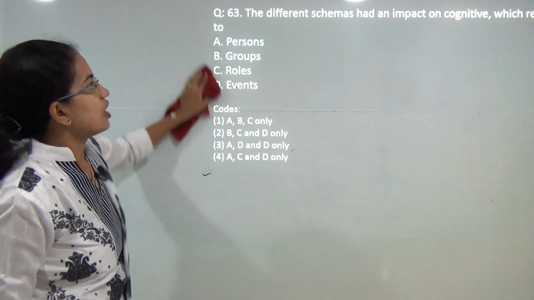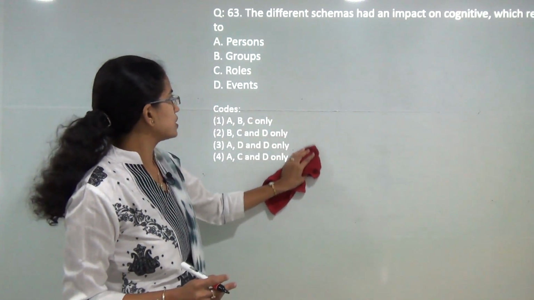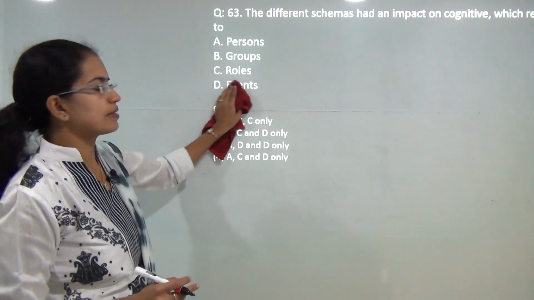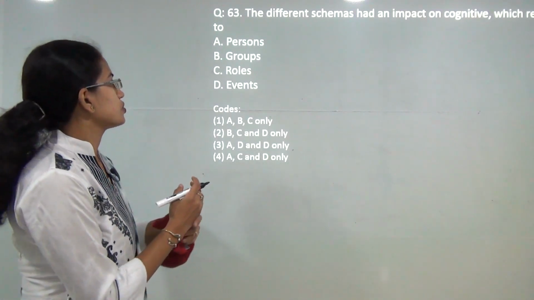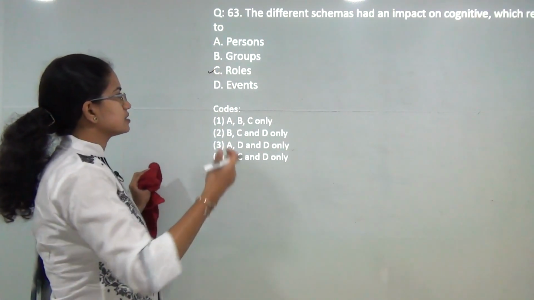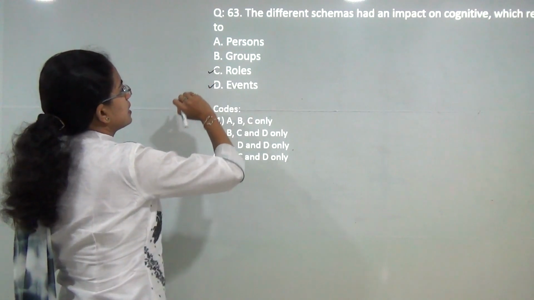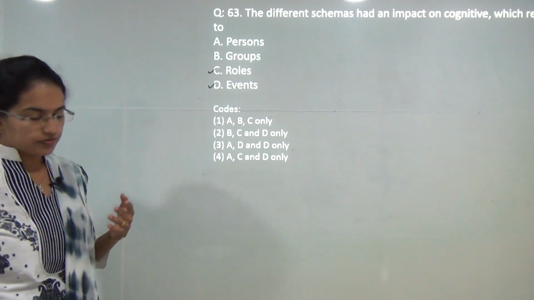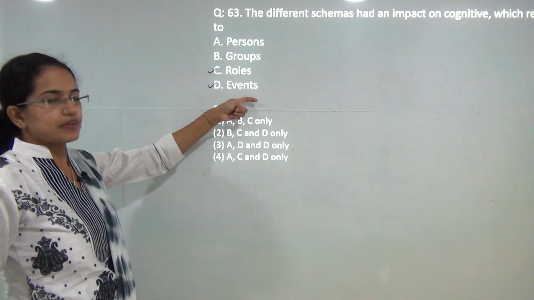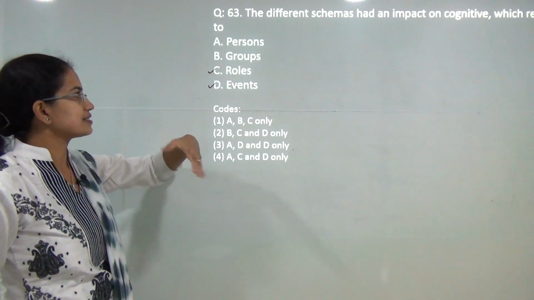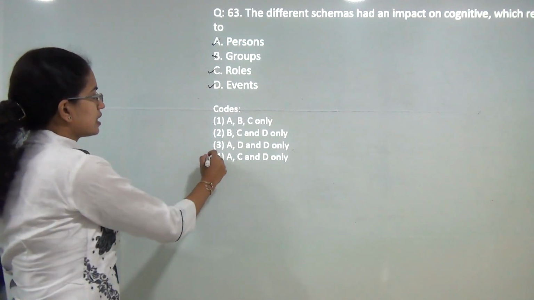Next question. Now when we talk about schemas of personality, there are various kinds of schemas. You have the role schema, what kind of role you are playing. So in a formal place you might be a teacher, but at home you are a family member. So you have different roles that you play in different places. Then you have the schema that determines the event, and finally the person schema. So you have 3 kinds of schema here: the person schema, role schema and the event schema. The next is content schema, that's not given here. So group would be the incorrect one. So you have A, C and D as the correct options here.